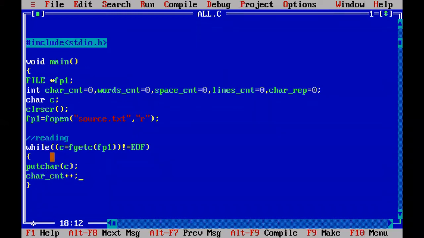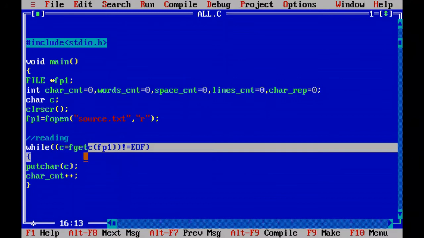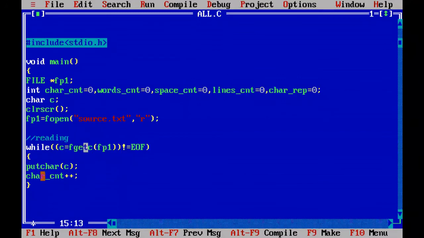After termination of this while loop, whenever you print character count, it is exactly equal to the number of characters in the file, because the while loop will iterate the number of times equal to the characters in the file.